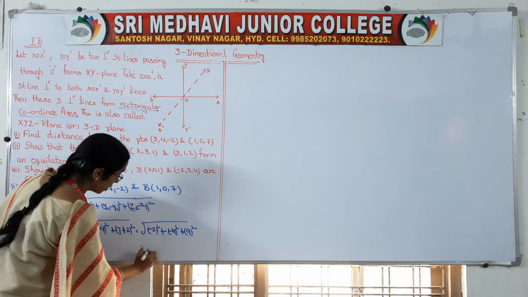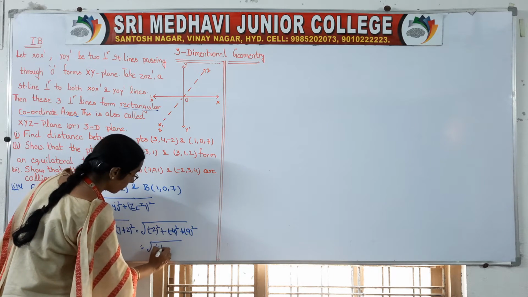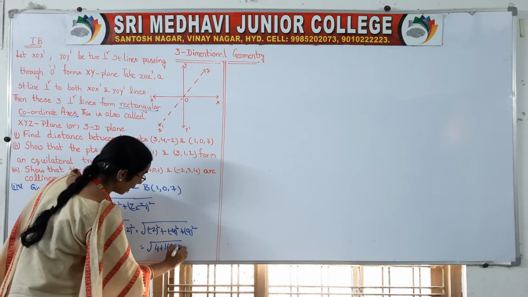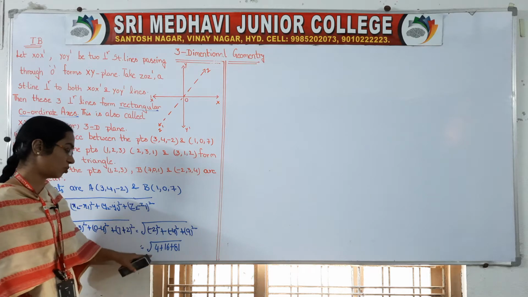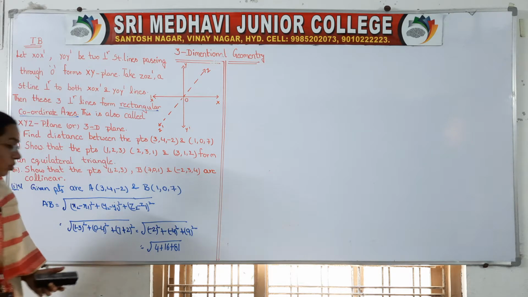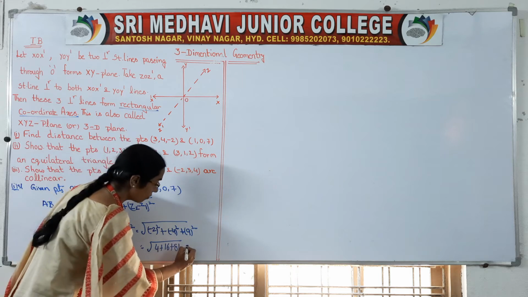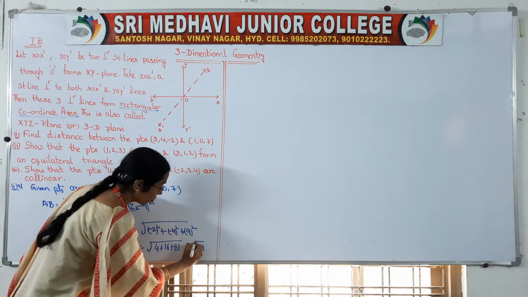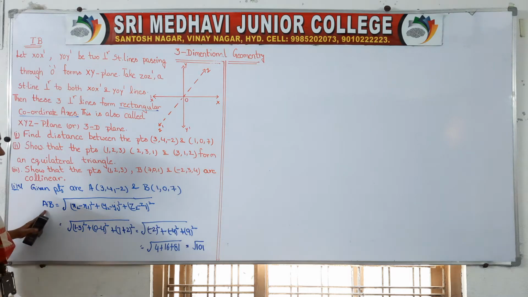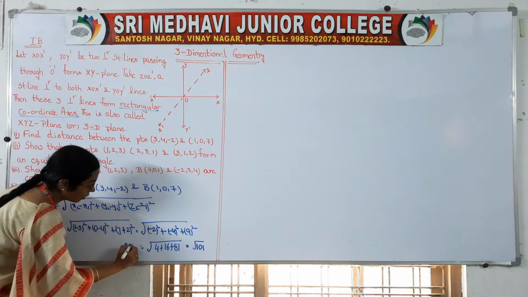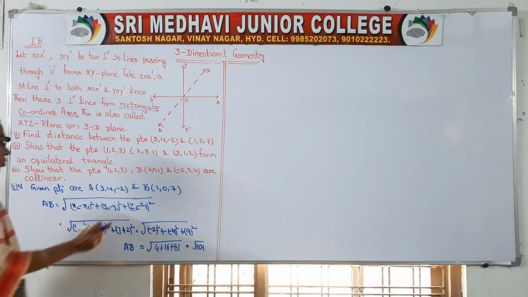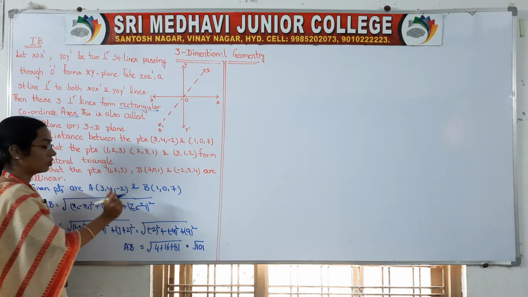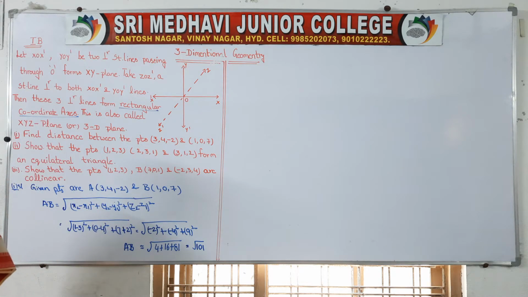So it is equal to root of 4 plus 16 plus 81. 9 9s are 81, 4 4s are 16, 2 2s are 4, minus into minus is plus only. So 20 plus 81, it is 101. So the distance between the 2 points AB is root 101. This is a 2 marks problem, the distance between 2 points formula. So the only difference comes here, right? The (z2 minus z1) whole square term will also be there along with x1, y1.